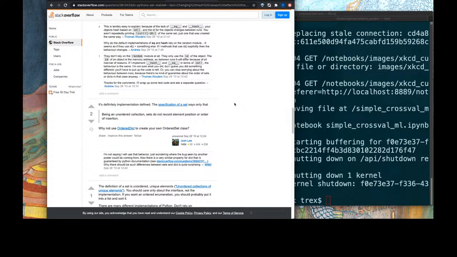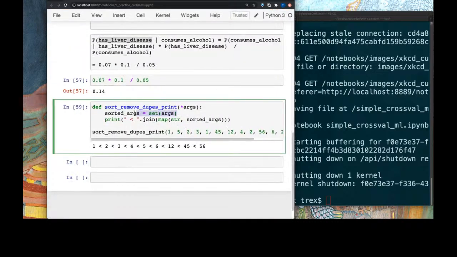Okay, so we can't guarantee order here, but we are assuming order, which is fine because it seems to be working. I think the set is not going to guarantee order, but it's going to try to enforce order, which is what I think we're seeing. Why this is actually in order. At any rate,